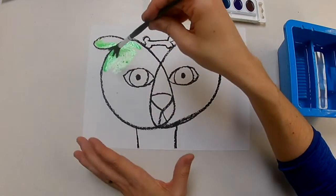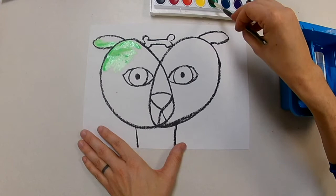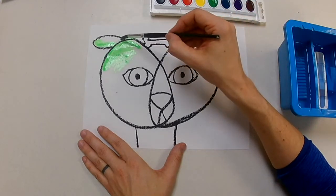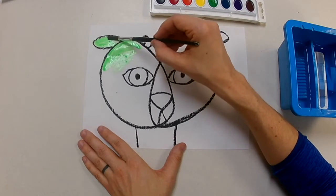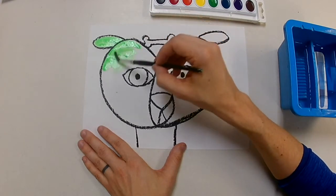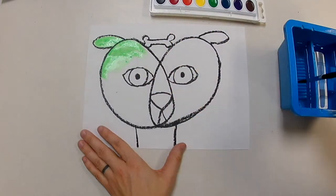It's not a pencil. You don't want your paintbrush to look like that. You want it to stay nice and pointy, that way I can get little corners right there. I'm barely dragging my bristles. Now I've done a lot of green right here. It's all the same kind of color, so I'm gonna clean my brush out, make sure there's no green paint